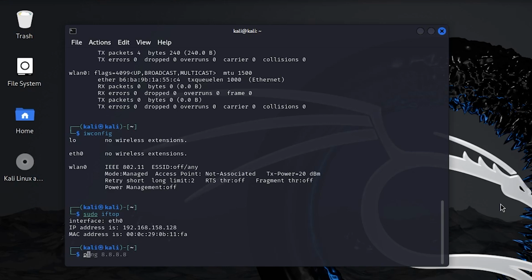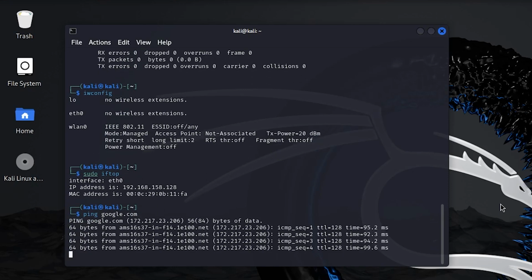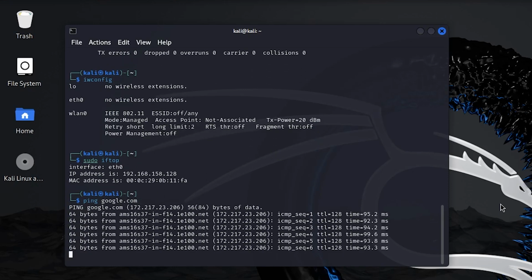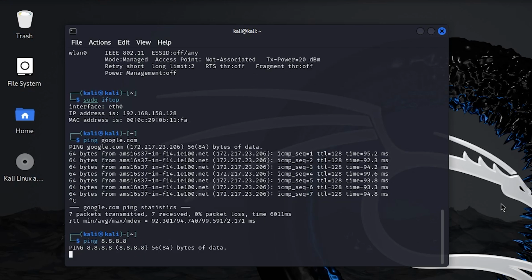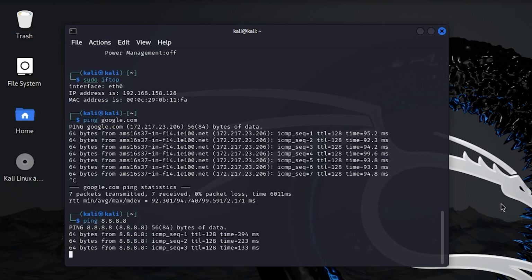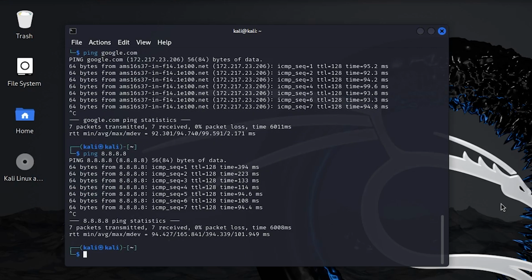For example, ping google.com. This checks if Google's server is reachable. And to stop it, just type Ctrl+C. And ping 8.8.8.8. This pings Google's DNS server directly. The replies show how long it took for a message to travel to the destination and back, which is handy